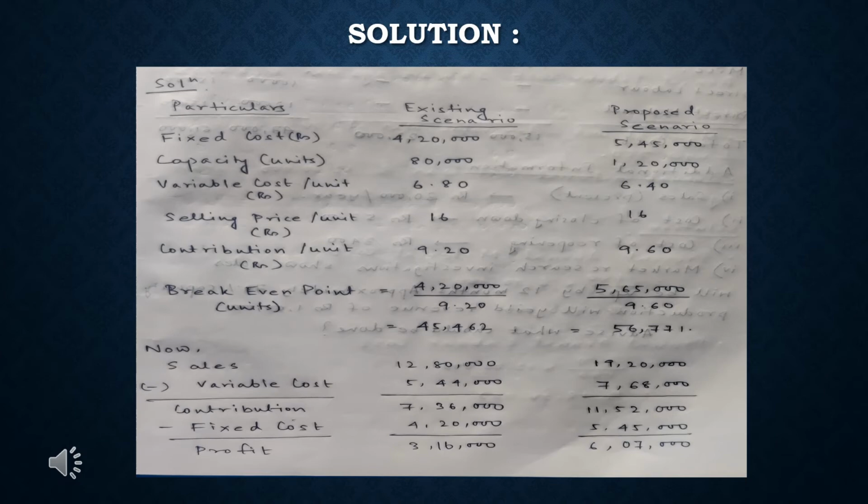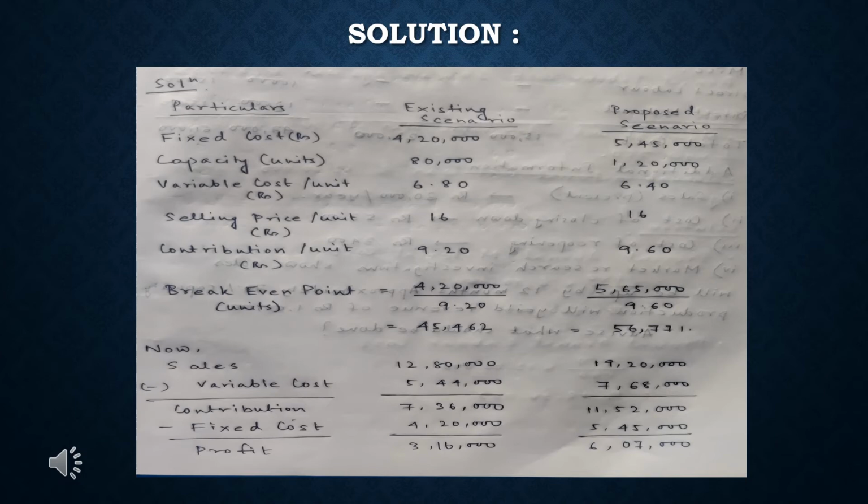Multiplying the variable cost per unit of 6.8 with that 80,000, we get the total variable cost at 5,44,000. Deducting 5,44,000 from 12,80,000, we get the total contribution figure at 7,36,000. And deducting the fixed cost figure of 4,20,000 from that 7,36,000, we get the desired profit of the existing scenario